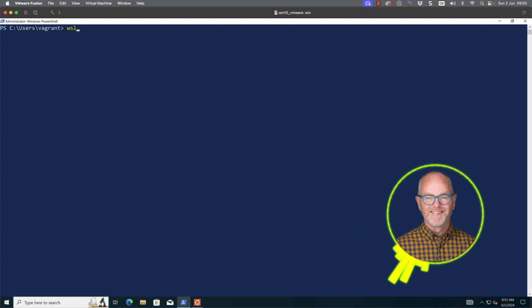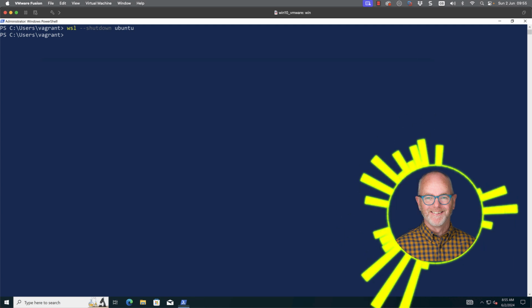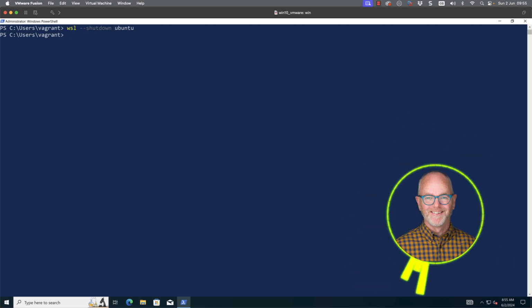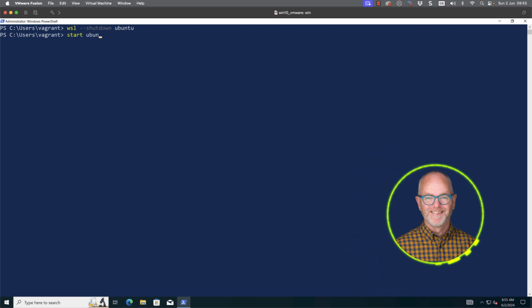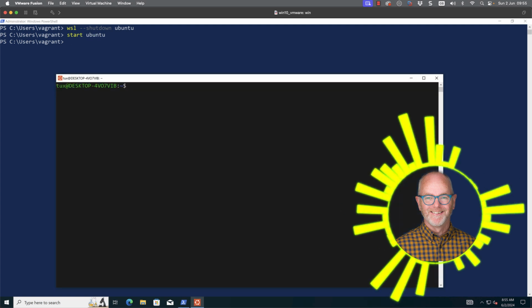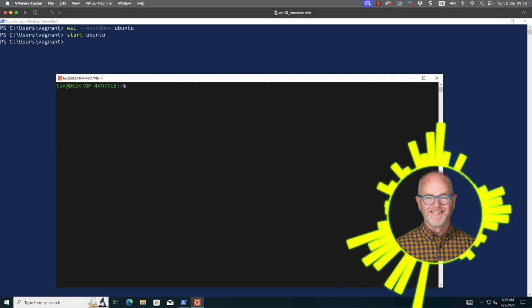We can also shut it down, so if I go back to PowerShell and do a wsl --shutdown Ubuntu, we can check our window and we can see that it has been terminated. To bring the system back online, it's just a simple matter of start Ubuntu. And of course, then it starts back up and you are ready from where you left off.